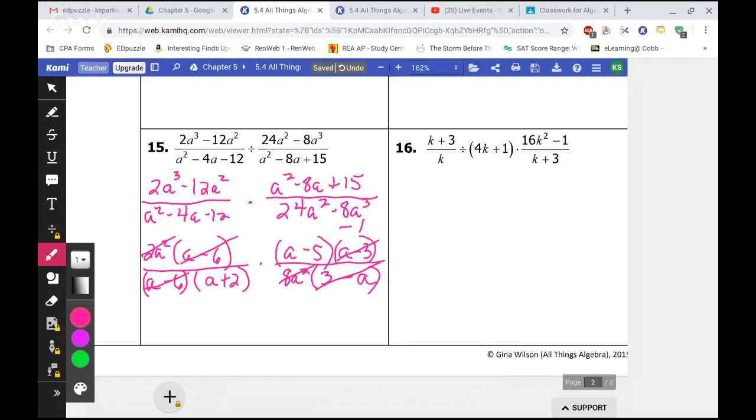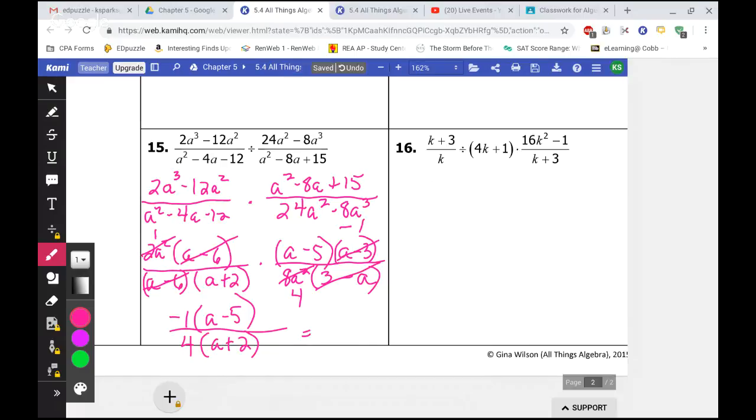Two a squared cancels with 8a squared to leave a 4. So on the top, I have negative 1 times a minus 5 all over 4 times a plus 2,